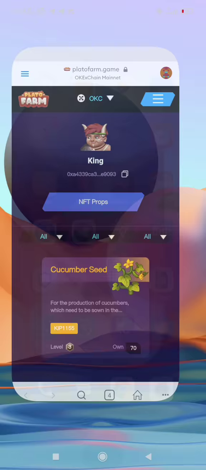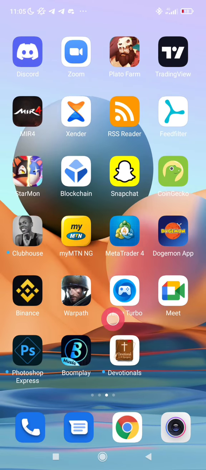So what I'm going to do is visit the game and deposit those seeds into the game. Sorry. So basically, this is it. While I wait for it to load,